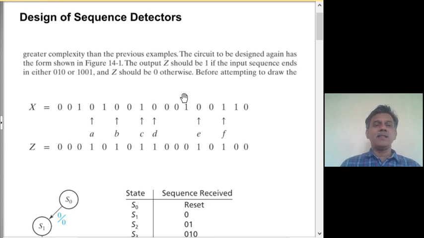Then we will handle the case where the pattern doesn't occur, or any random sequence and so on. See, there can be an infinite number of sequences that occur. Given a bit, there can be infinite ways in which the previous bits could have occurred. Number one, that you have to note. But you can also tell another thing: this is a 3-bit pattern, this is a 4-bit pattern. So at any given point, you don't need to worry about the bits that occurred 3 or 4 time points ahead, backward in time.